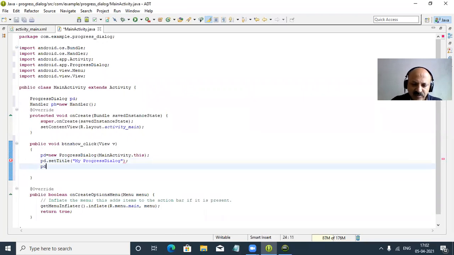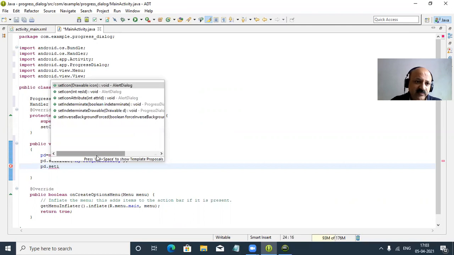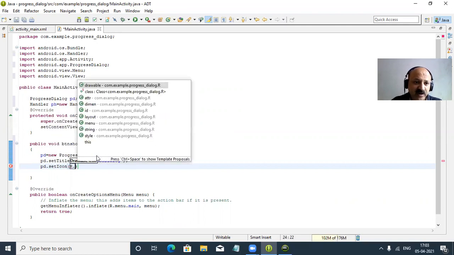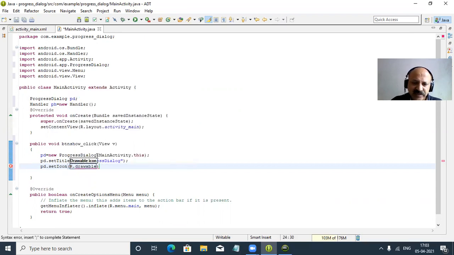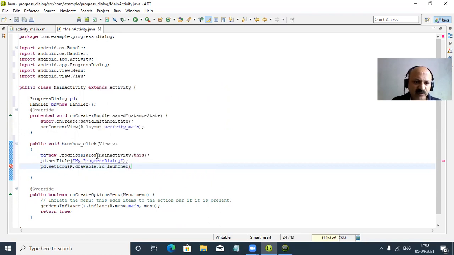And then PD setIcon. Yes, we can provide an icon, using R.drawable resources. You can also take a paintbrush or Photoshop to create your icon, or download from the internet. But here I use ic_launcher, the Android icon.